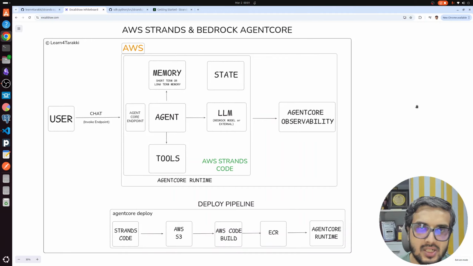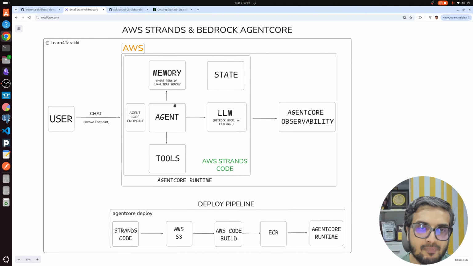So let's first understand what this AWS Strands Agent Framework is, and then we will run through a few examples, and then we will see an actual example where we are going to use tools with the agent and then deploy it into the AWS Bedrock AgentCore Runtime. So let's get started. As you see in this diagram, I have shown in this box that this is an agent,